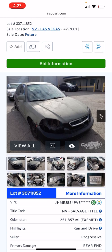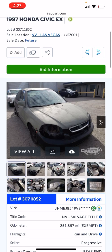The DX, which is the base model, has the crank windows and the three-gauge engine panel that has a speedometer, engine temperature, and fuel, but doesn't have a tachometer. Then there's the LX, which is the most common, which has power windows, adds a tachometer, and has power locks. And there's an EX, which is top of the line, which has a moon roof, has a